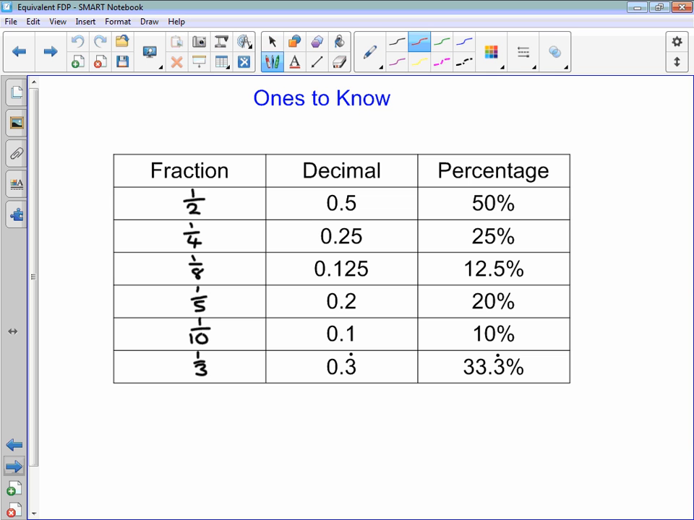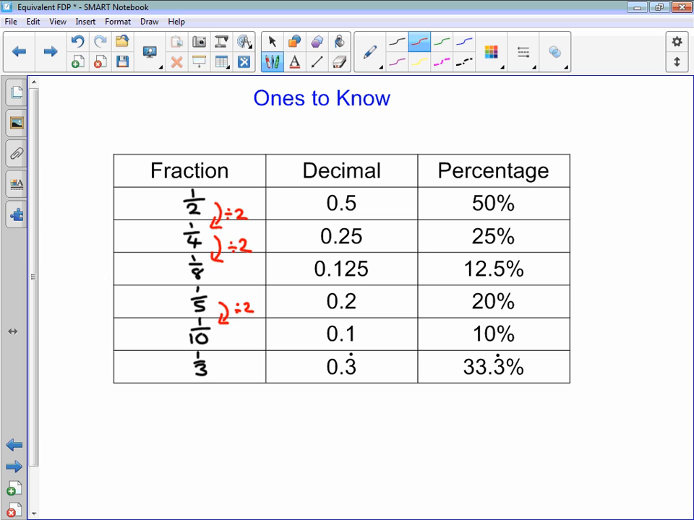We can half a half and get a quarter. So a quarter is 0.25 as a decimal and 25% as a percentage. We can half a quarter to get an eighth. So 1/8 is 0.125 as a decimal and 12.5% as a percentage. Look at a fifth: it is 0.2 as a decimal and 20% as a percentage. We can half a fifth to get a tenth, and 1/10 is 0.1 as a decimal and 10% as a